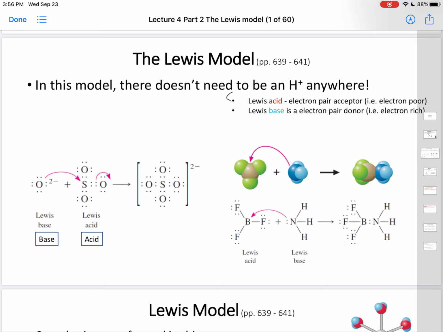I've basically rewritten the definitions that we had in the previous slide just so that we can refer to them. Let's look at these two examples here. You have O2 minus, and these electrons are forming a bond. Again, this pink arrow is forming a bond, and it is this new bond that is being formed right here. It is true that these two electrons move out onto the oxygen, and this becomes a lone pair. But notice what is happening in the formation of that one bond between oxygen and sulfur: oxygen is donating